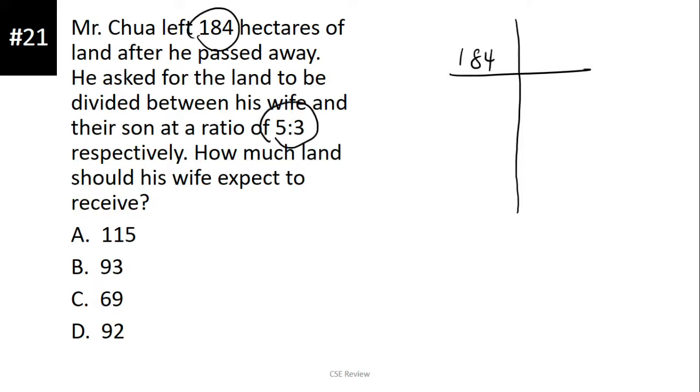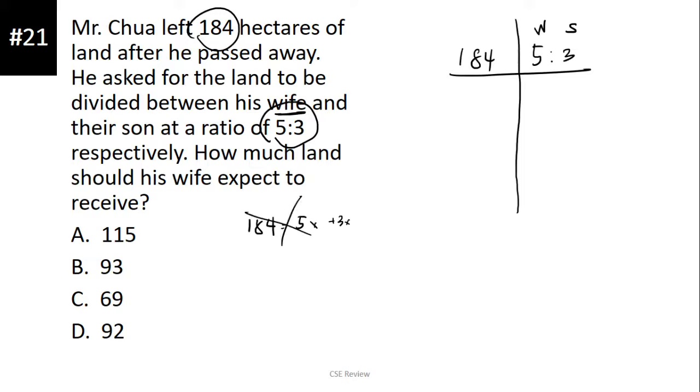And then yung ratio, which is 5:3, lalagay natin dito sa kabila. 5:3. Yung 5 is dun sa wife, kasi yun ang nauuna. So, dito sa wife, 3 sa son. Now, why am I doing this technique? Kasi kung hindi nyo ito gagawin, medyo mas matagal yung traditional method, which is going to be an equation. It's going to be 184 is equal to 5x plus 3x, tapos ganyan-ganyan, mag-ikot-ikot ka pa. So, what do you do instead? You just basically use this technique.